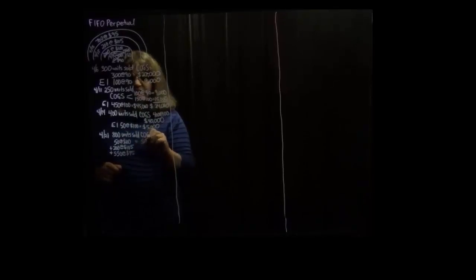So $550 of the ones that cost us $95. If we multiply that across, we get 5,000. 200 at 105 is going to give us 21,000. And 550 at 95 is going to give us 52,250 for a total of